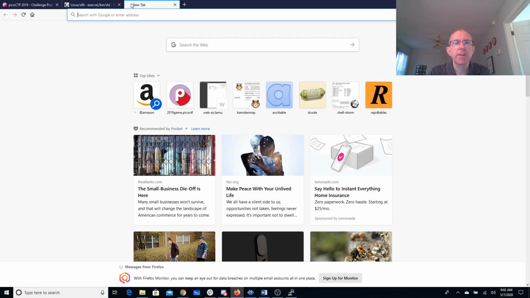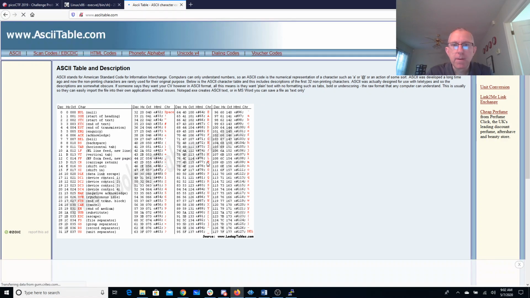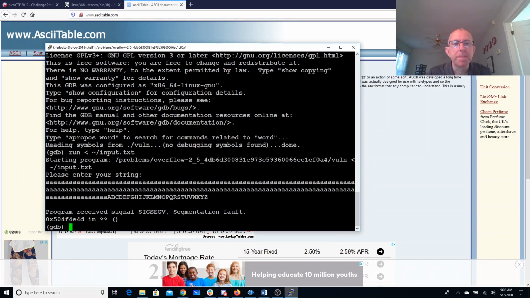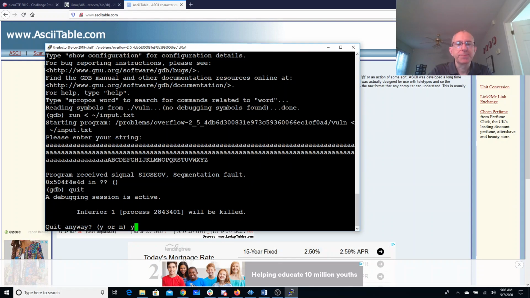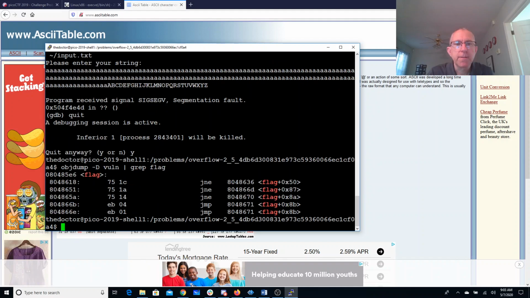54F4E4D. So I'll go over here to ASCIItable.com. 54F, that's PONM. So it's the same. It looks like the same offset, PONM. All right, so the flag method is at 80485E6. So I can take this and I need to replace this with